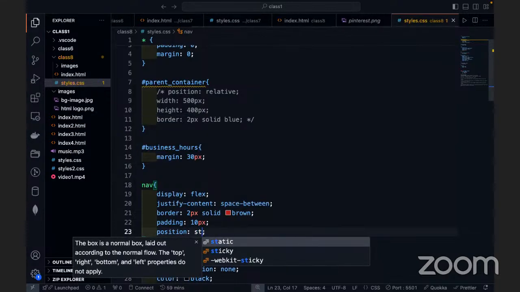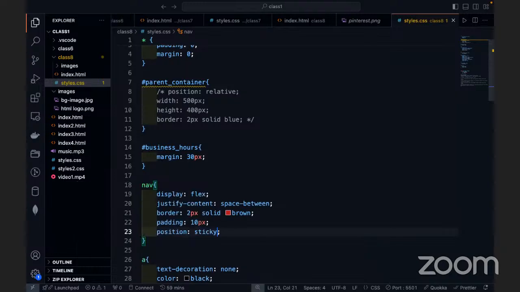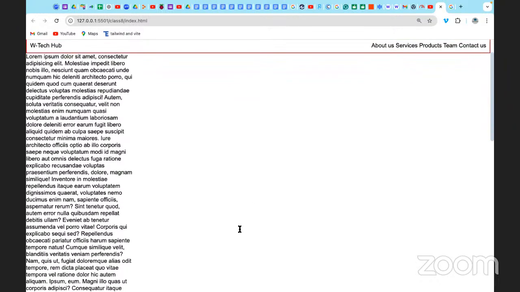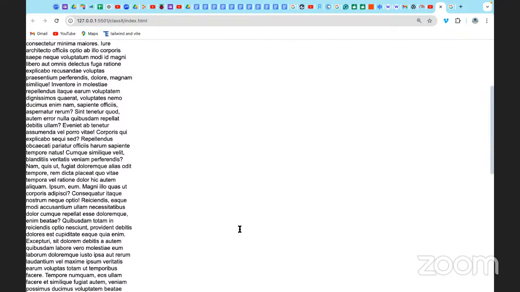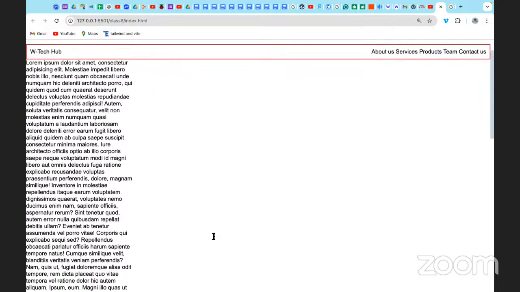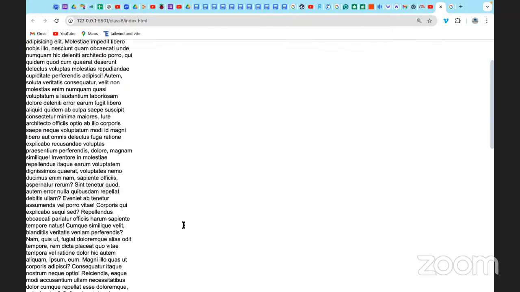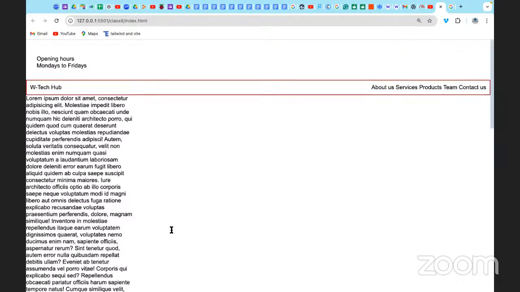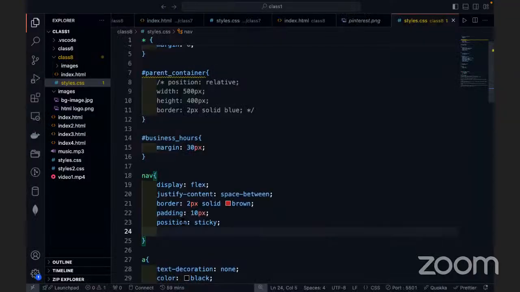So position sticky, of course, you need to give top, or any of those navigations, to work, right? When I say any of those navigations, I mean like top, left, bottom, right, any of them. So when you say position sticky, you need to give at least one of the navigations. We say top 0. So if we scroll,